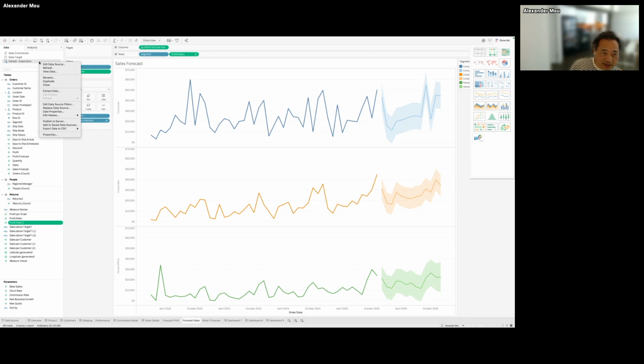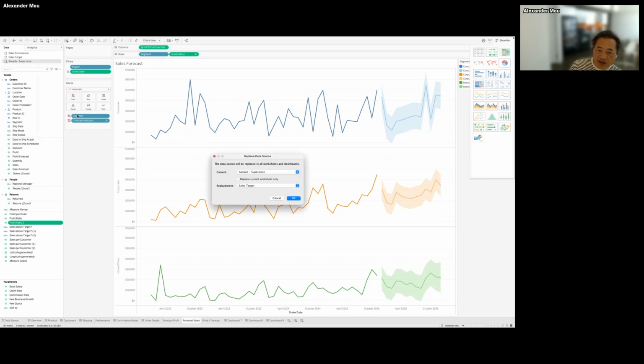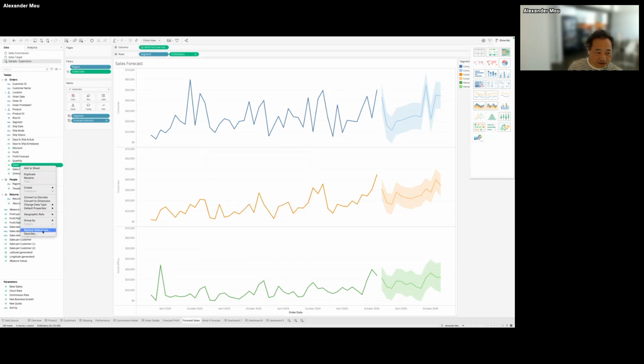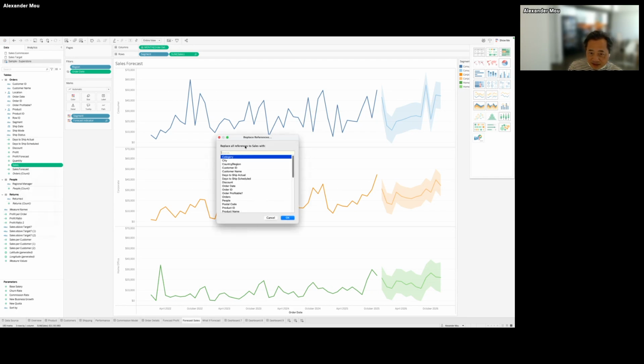For example, in replace data source, we can replace for the current worksheet only. So I suggested to Tableau that the replace reference function do the same, for this worksheet only.